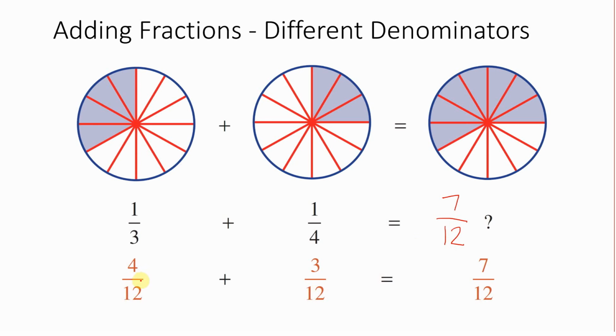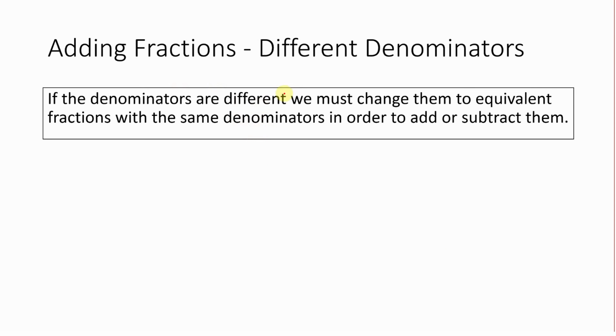Now you should be puzzled right now, because I have come up with this magic number 12 to cut the pizzas into 12 slices. You must understand, for you to add fractions by hand, you must have the same denominator, because of the problem that you could see visually from this slide and the last slide. Recapping, if the denominators are different, we must change them to equivalent fractions with the same denominators in order to